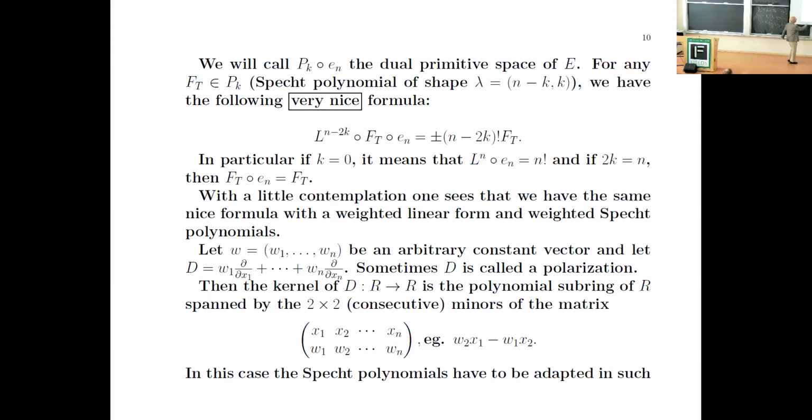The kernel of this map is just minus this 2 by n matrix. It is enough to choose n minus 1 consecutive matrices. In this case, Specht polynomials have to be adapted in such a way that